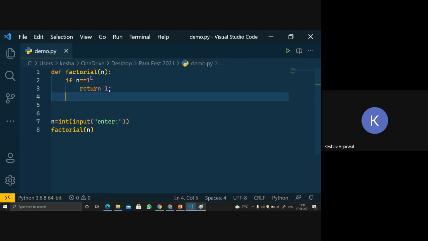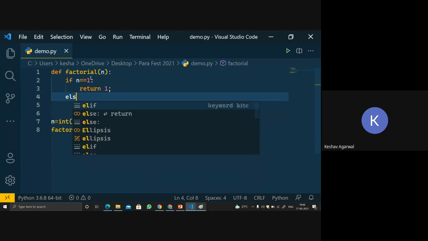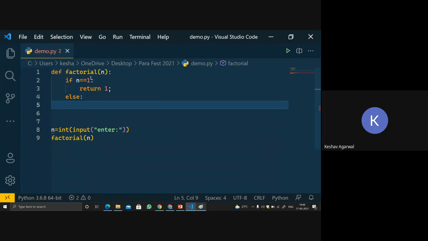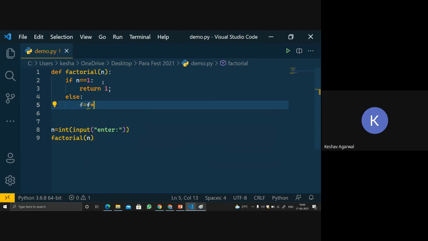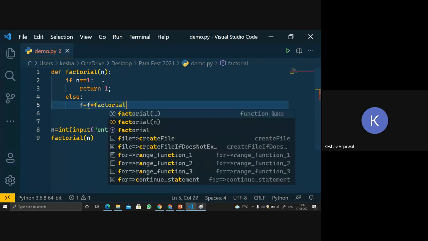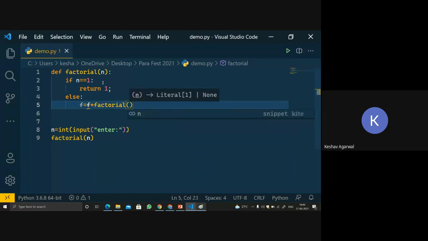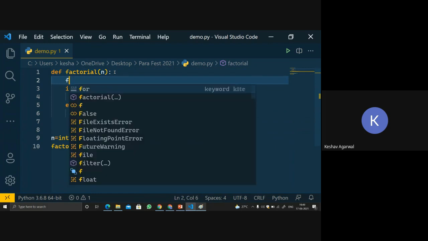And what else? Else what will happen is, we will again call the factorial function, so we will have to multiply it before. So what we will do, f is equal to f star factorial of n minus 1, and we will define f equal to 1 in the start.